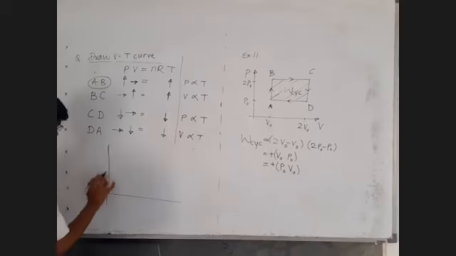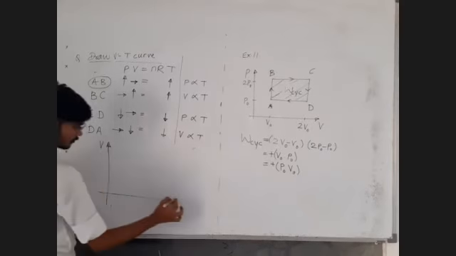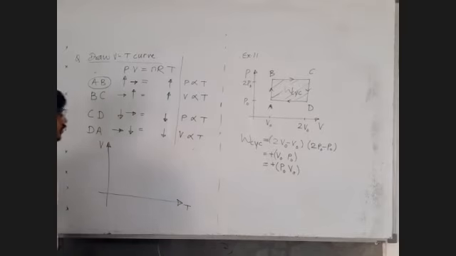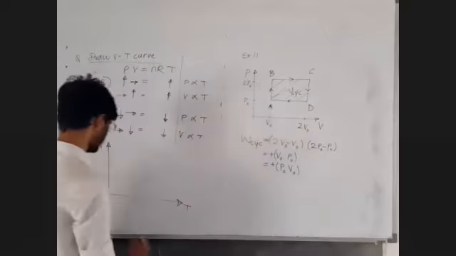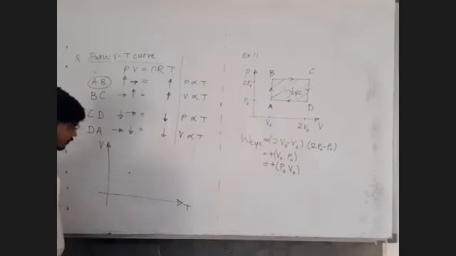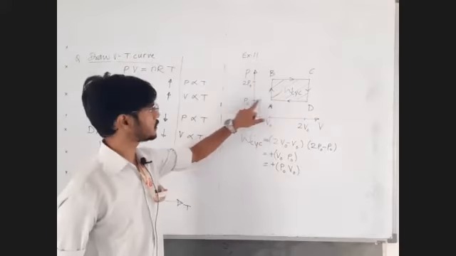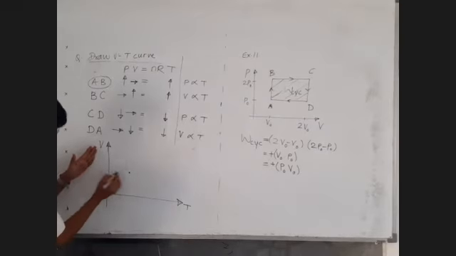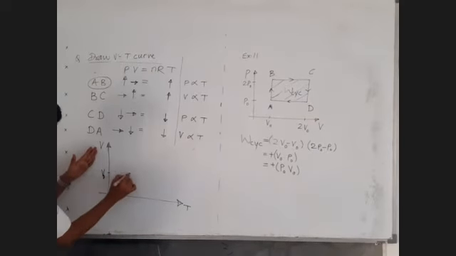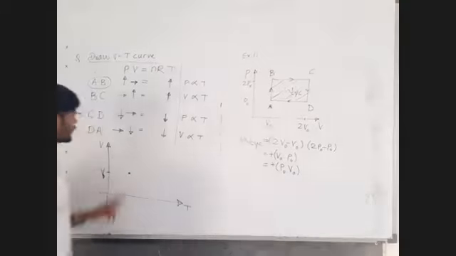See how it will be done. Here we will have volume and here temperature. Point A, we will assume somewhere. At point A, pressure is P0, volume is V0. Here we cannot plot pressure, but at least we can plot volume. Let's plot V0 here. This is our point A.